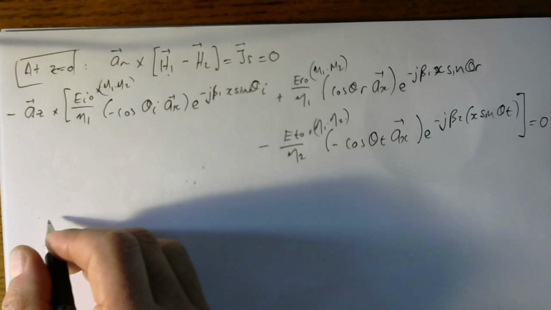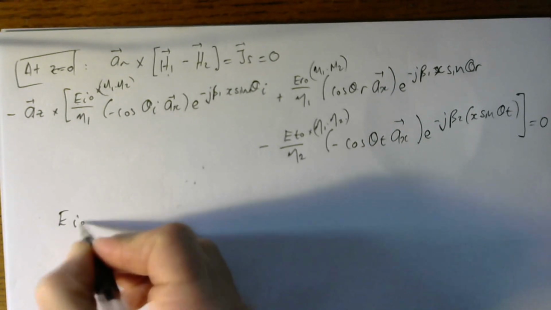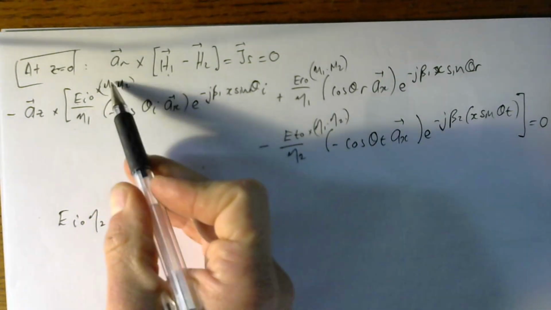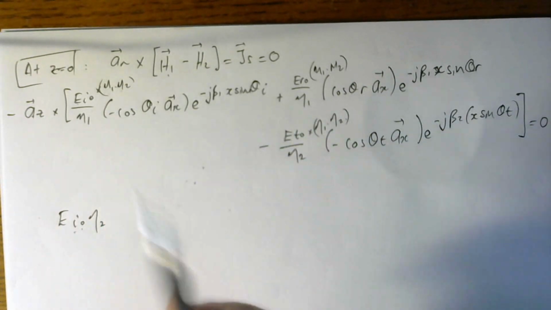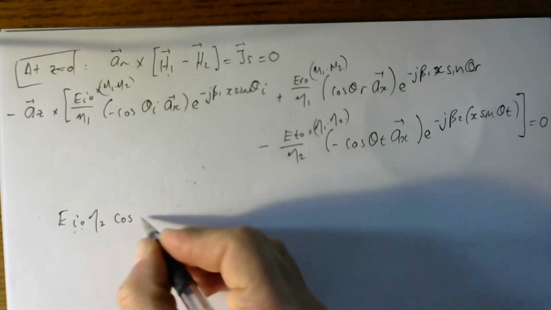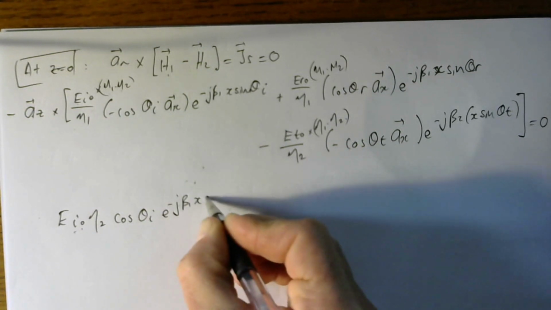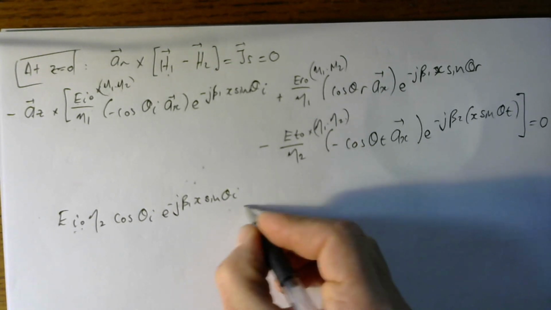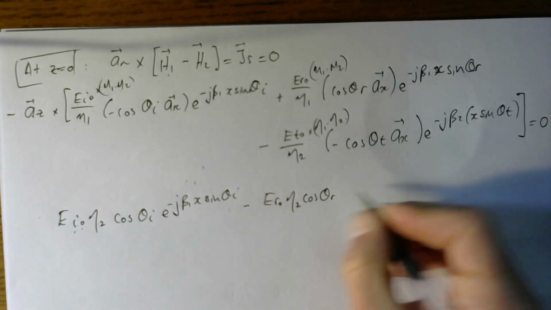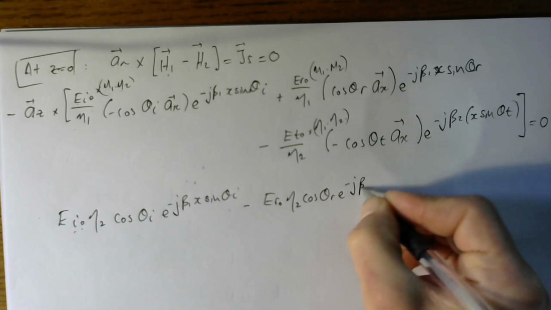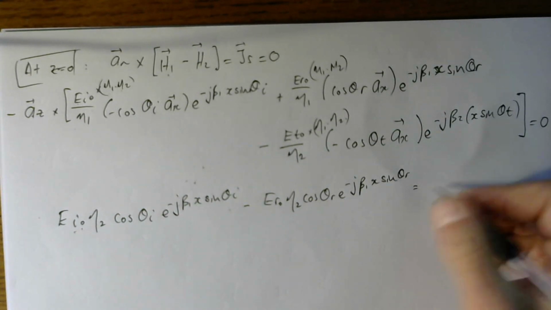Then I have something that looks like this: EI0 eta 2, remember, I multiplied by eta 1 times eta 2, so just EI0 eta 2 remains because eta 1 over eta 1 is equal to 1, times cos theta I e to the minus j beta 1 x sine theta I, minus ER0 eta 2 cos theta R e to the minus j beta 1 x sine theta R,